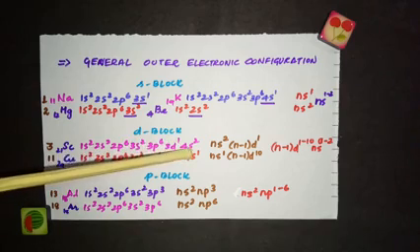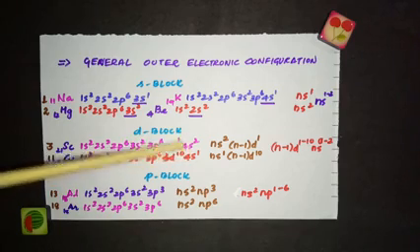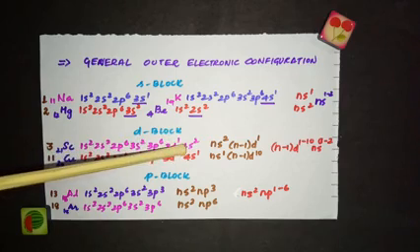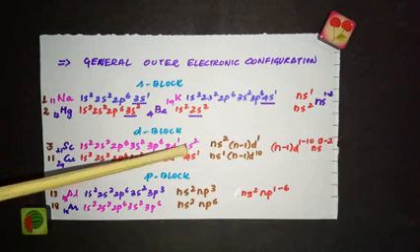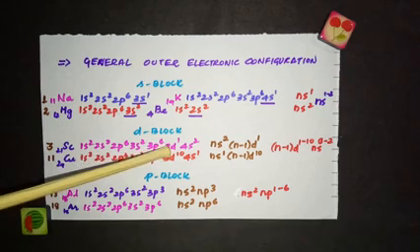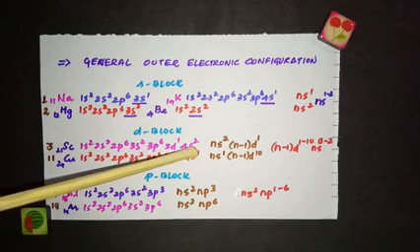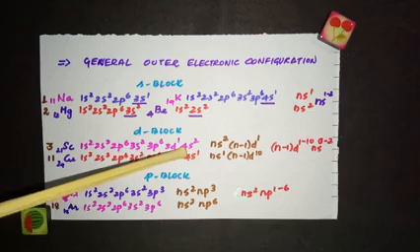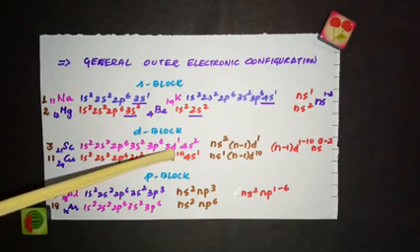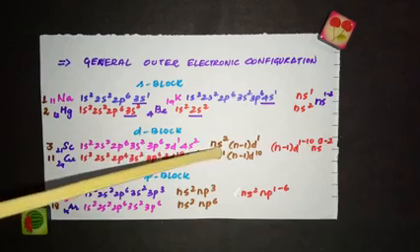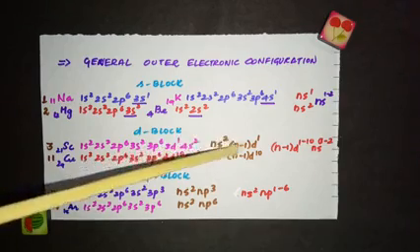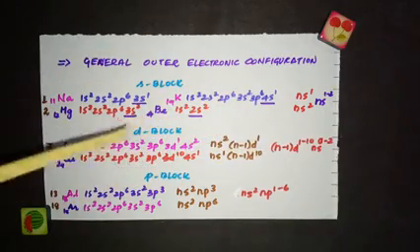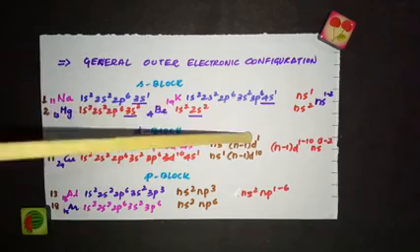So if I am taking 4 as n, this is the biggest number. So if I am taking this as n, so ns2, see ns2, and if n is equal to 4, what is the number before d? It is 3. So it is n minus 1. So if the s subshell in the fourth main shell is filled, then the d subshell in the third main shell is filled. So we are representing this as ns2 (n-1)d1. Because here the number of electrons is 1, so I am writing 1.